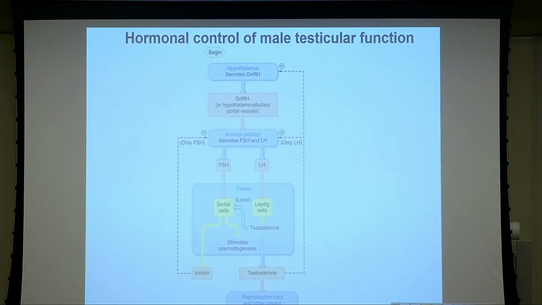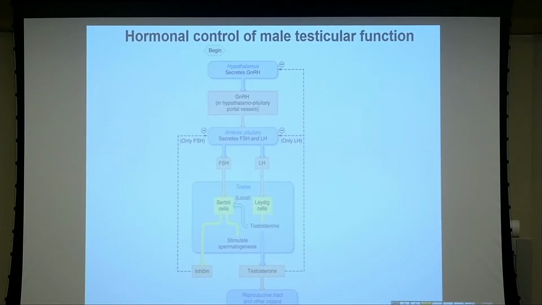So the gonadotropin releasing hormone is released from the hypothalamus. That's why HGC stands for hypothalamus. This release of the GnRH acts on the pituitary, the anterior pituitary,